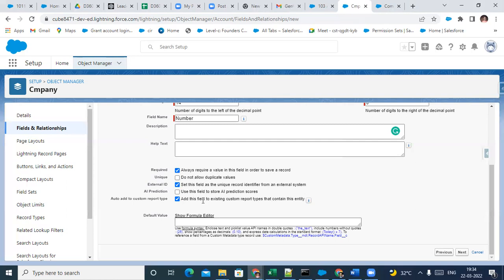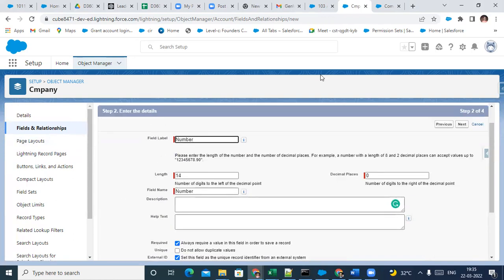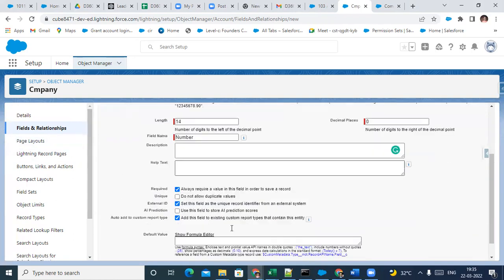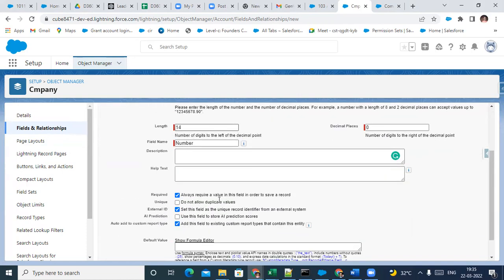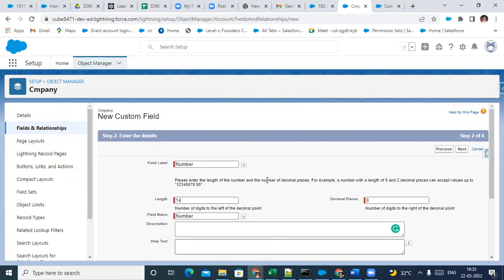And this option is checked by default. You need to keep it checked, because if you want to create a custom report out of this object and want this particular field to be displayed on a report, you need to click this. If you don't want it, you can uncheck it, but most of the time you need to keep it checked. Sometimes your business would say, I need one field for report purposes only,